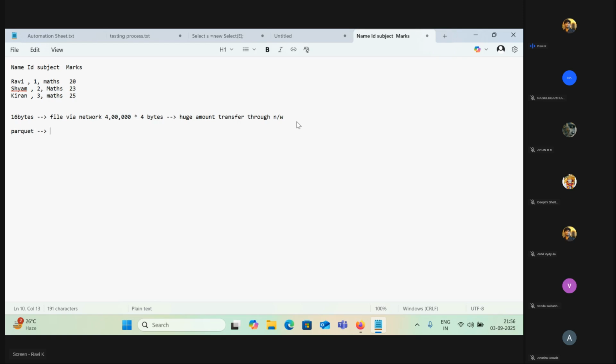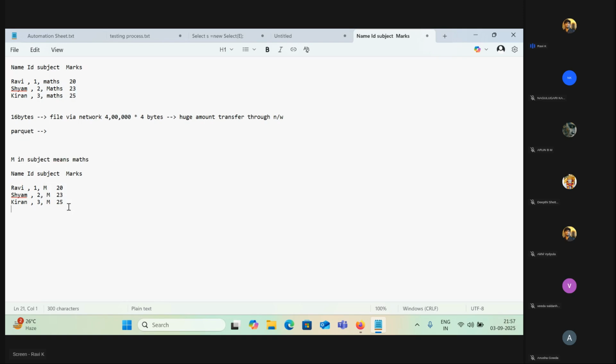What Parquet will do here is it will take the name as it is, but for max, it won't take max as it is, it will take max as M. Parquet will remember that M in subject means max.